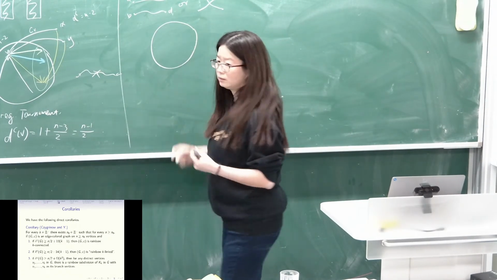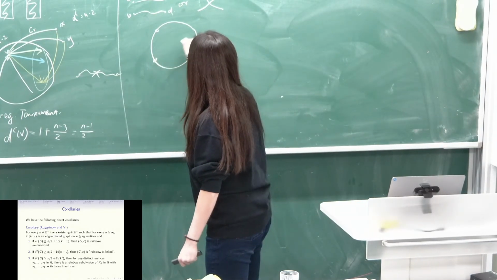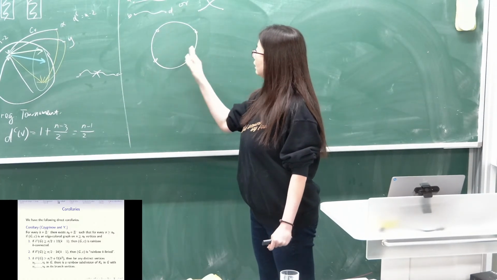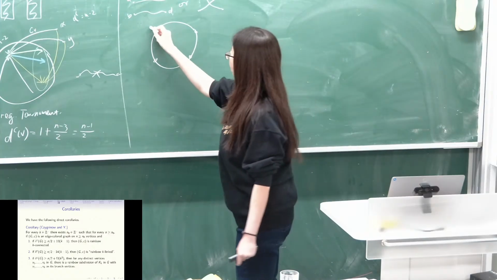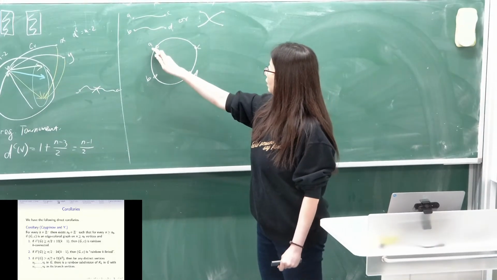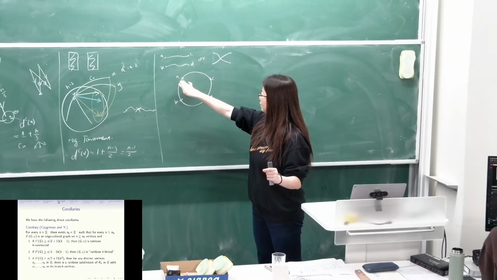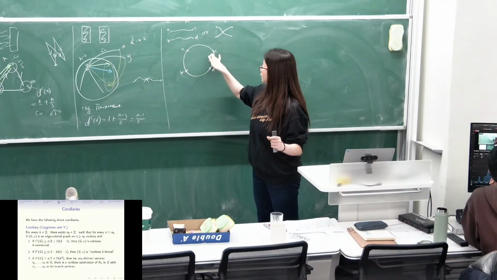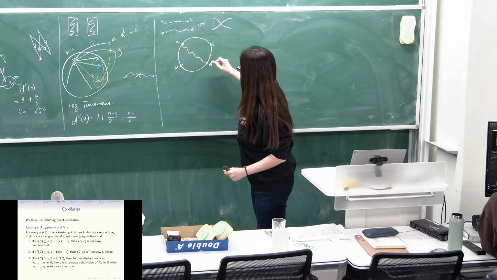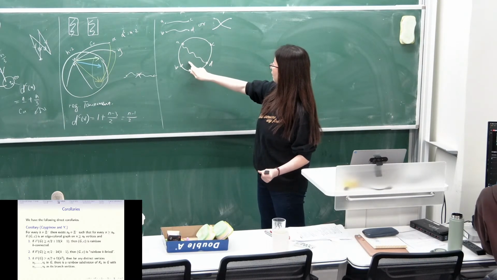The difference between them, we can see in one example. Suppose we have a planar graph, like the map of Zhejiang. I claim that if this is the outer cycle of a planar graph, A, B, C, D, and assume this graph is two-connected, then it's not going to be two-linked. You can't find independent paths from A to D as well as independent paths from B to C. Because on the plane, if I draw a path from A to D, it already cuts the surface into 2 halves. I cannot find a path going from B to C anyway.